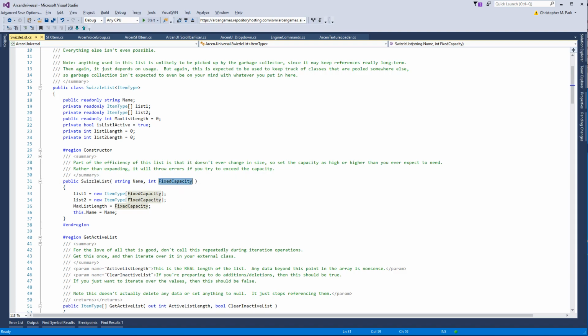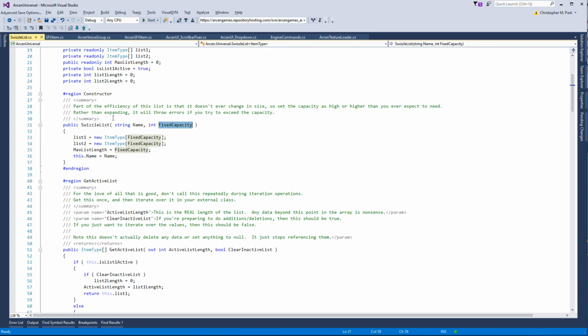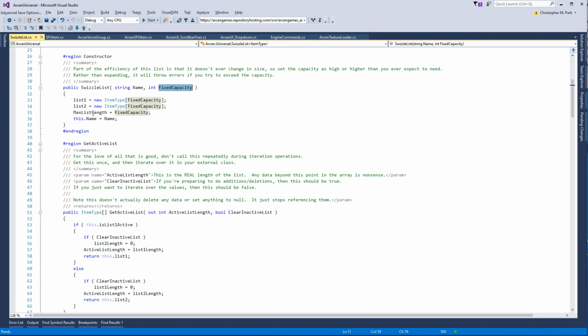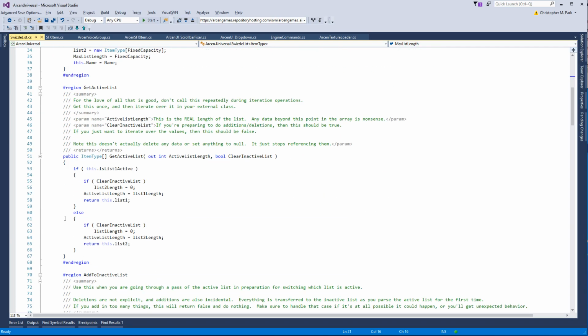Yeah, so you define it, you go to fixed capacity, it sets the max list length. That's cheaper to access than going list1.length or list2.length, which would be the same as max list length anyway. You'll notice these things are set as being read-only, which means they can only be assigned during the constructor. So if somebody goes in and tries to change max list length later, it's going to error. So you define a Swizzle list with a certain size, and it is that size. End of story. From then on, when you do the get active list,